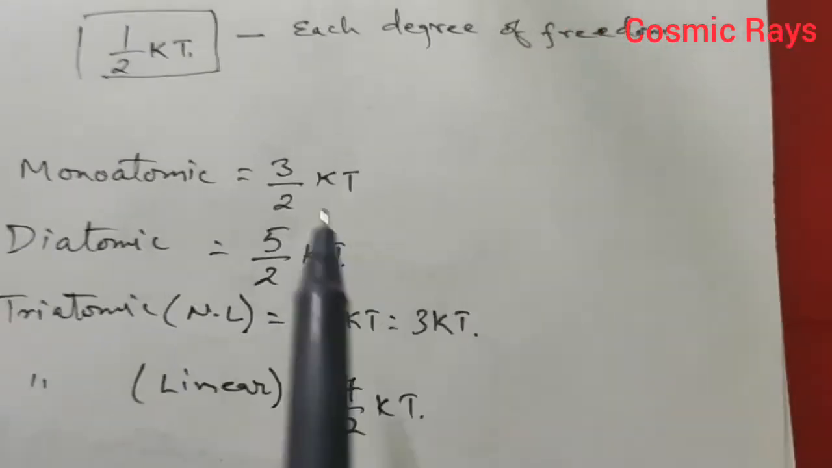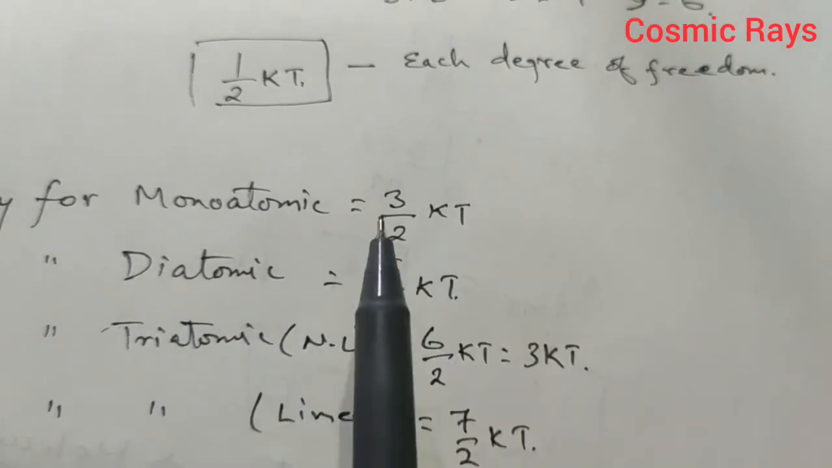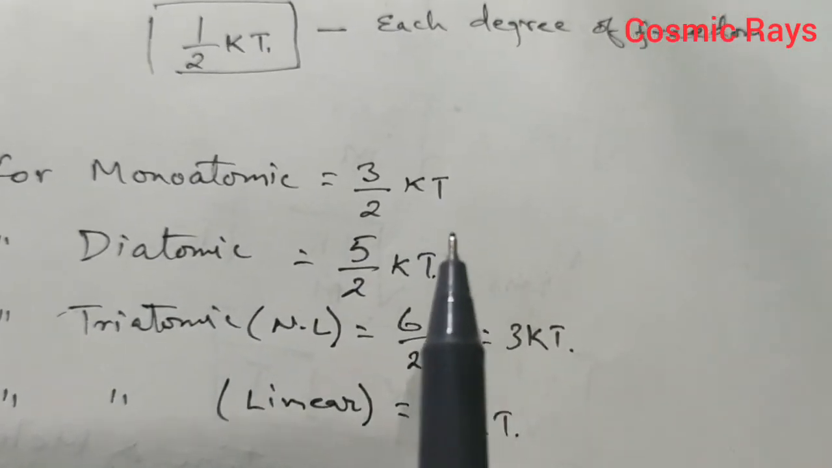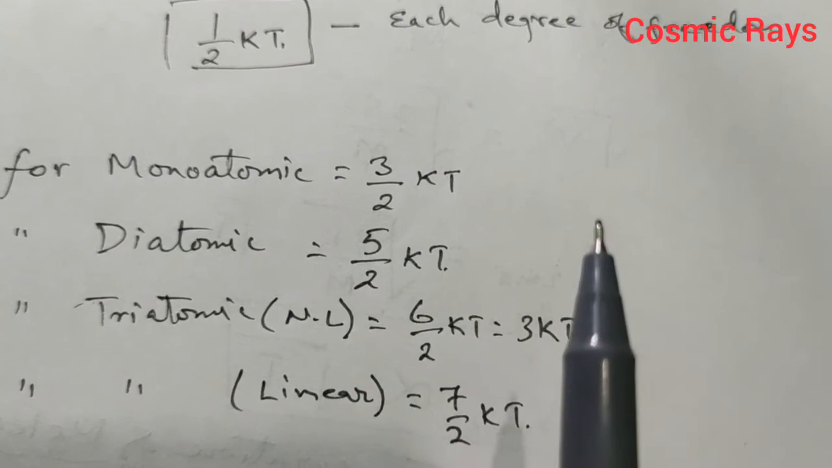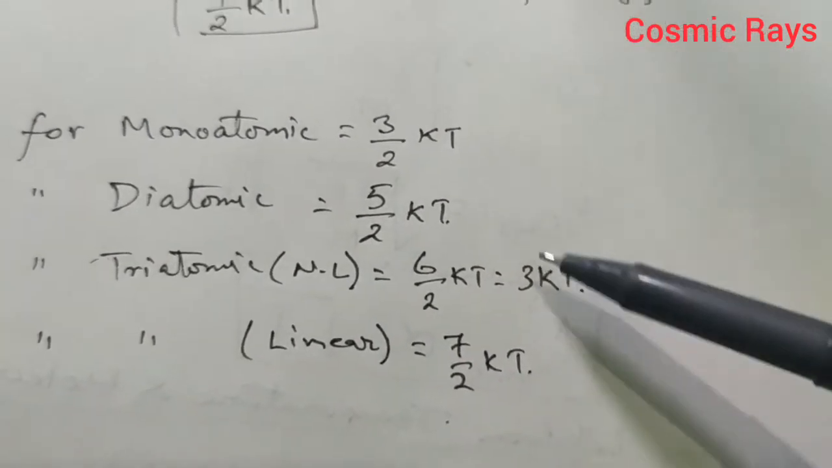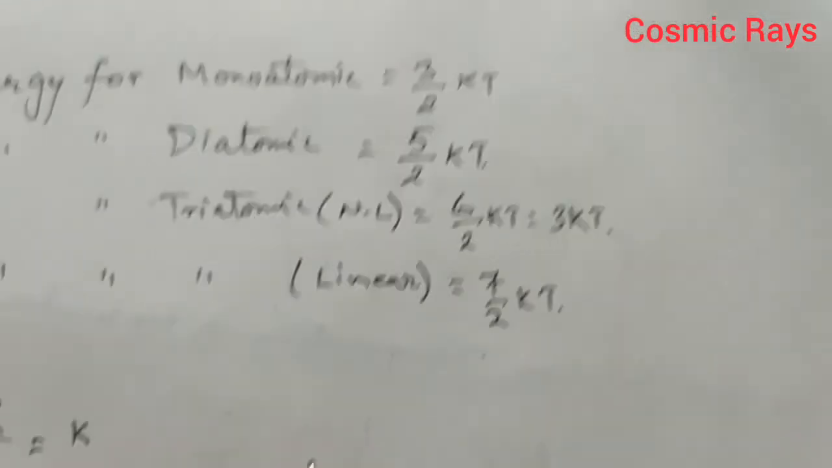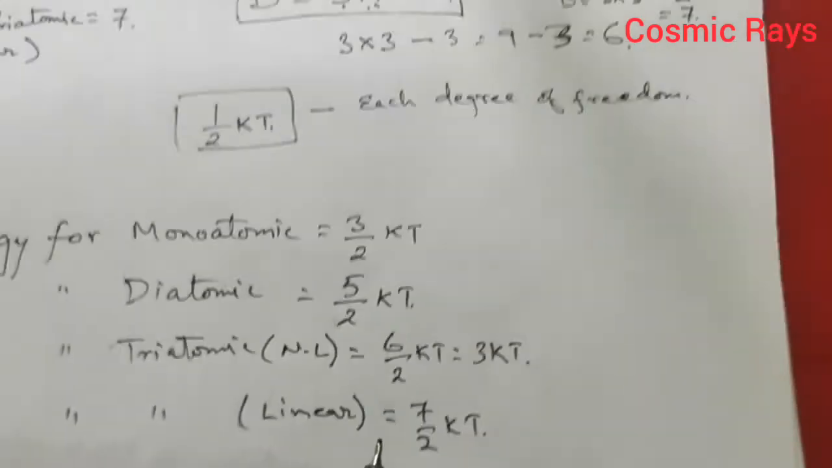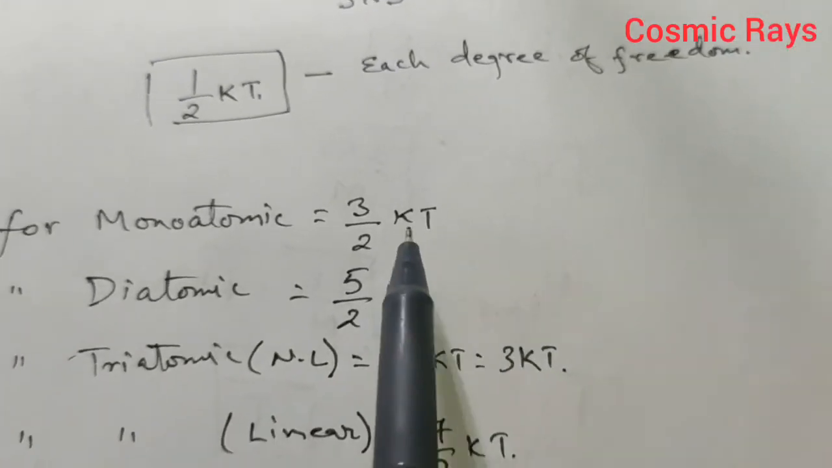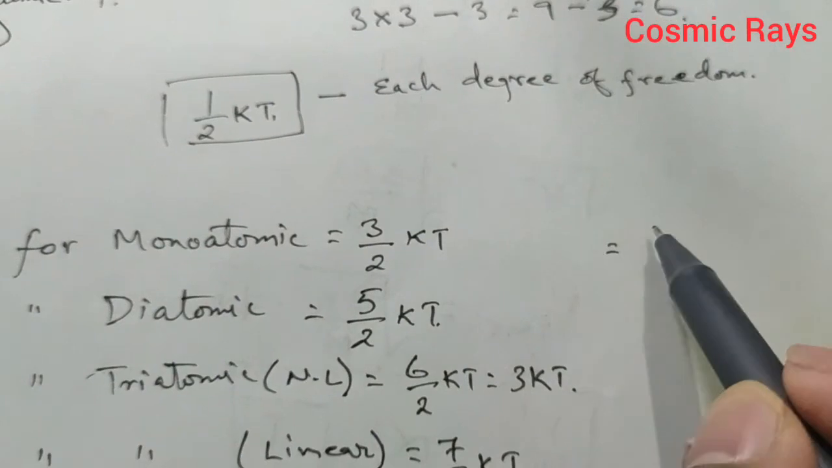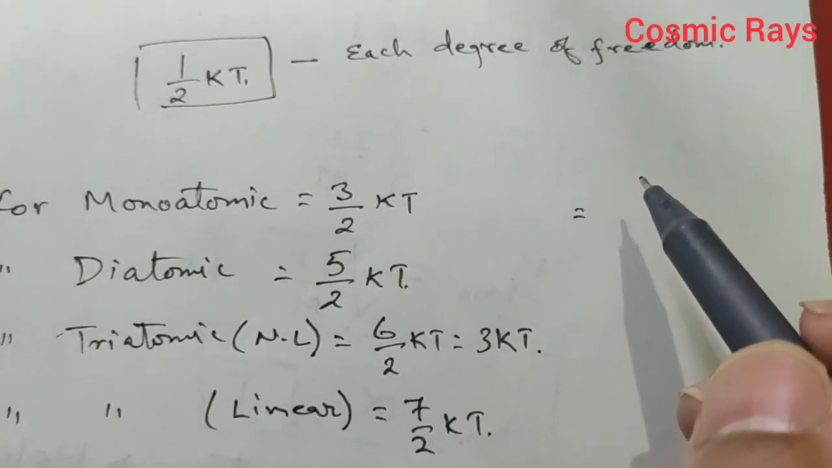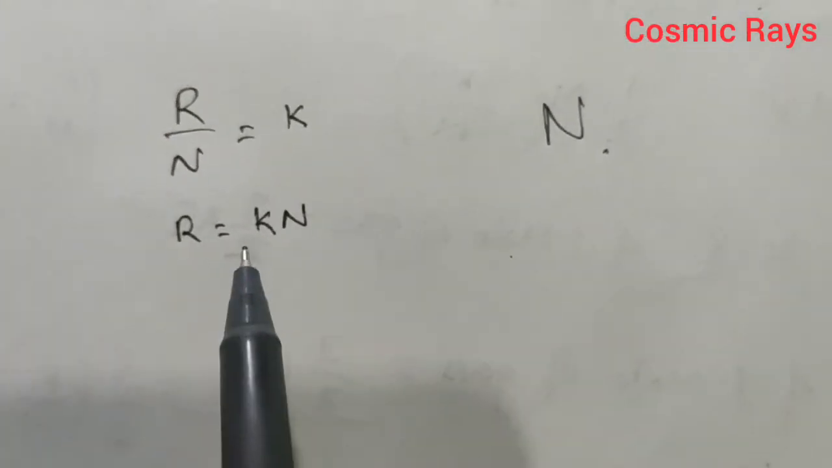So this is for 1 molecule. If I have to convert it into 1 mole, then all these numbers will be multiplied by N. And N and K, if they are multiplied, then it becomes R from this equation. So